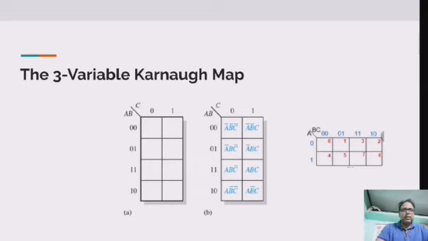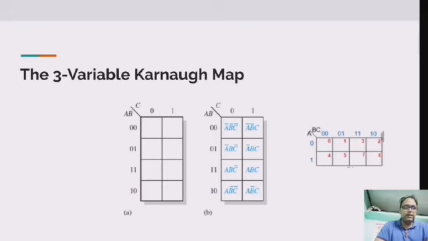So as given in the diagram, we can draw the 3 variable K-map either vertically, so AB will be on the vertical side, or, as in the third diagram, we can draw it horizontally. So there will be only a single variable on the vertical side, that is A, and BC on the horizontal side. It depends upon you which one of these you prefer.